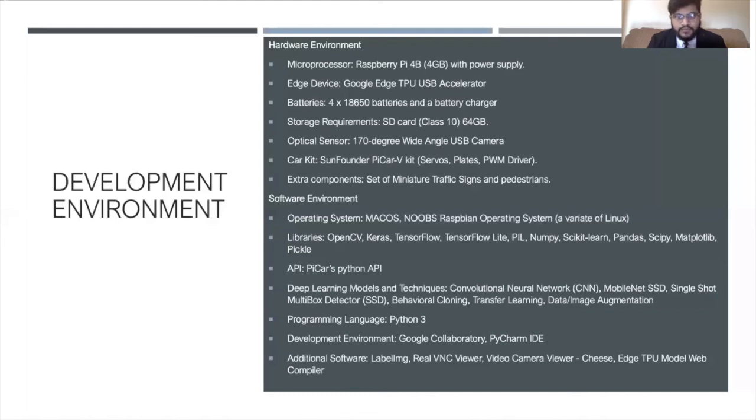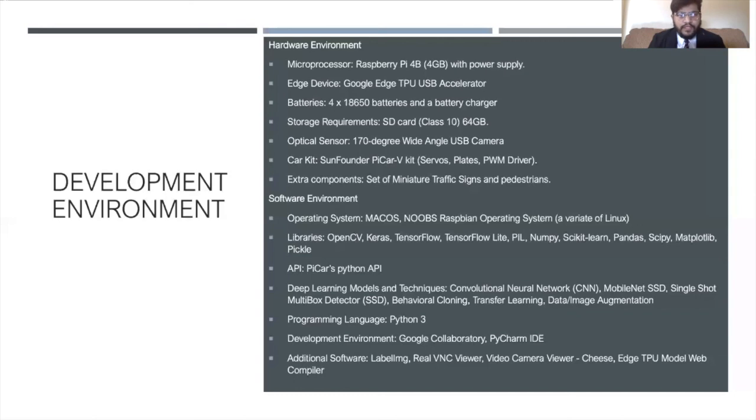The model which I used was the CNN-based MobileNet SSD model, which was in a specific format. I've also provided a link on how to convert a model into that specific format. And then Google Colab was also used to tune the hyperparameters for lane detection and to determine the edge detection algorithms, like which algorithm works perfectly for my particular situation.